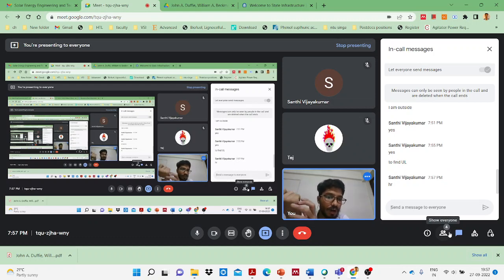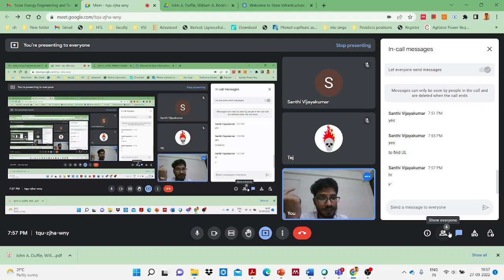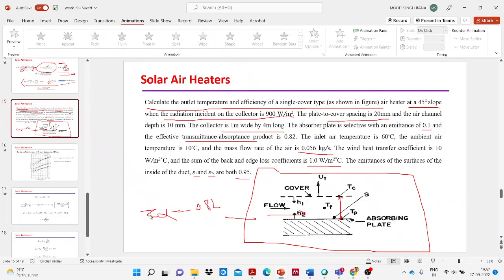Anything else? For the HR calculation, we just need the emittance factor. The Boltzmann constant is also given, and F dash we have to calculate based on the H, HR, and UL. We will be able to calculate F dash. And besides this, we have to calculate